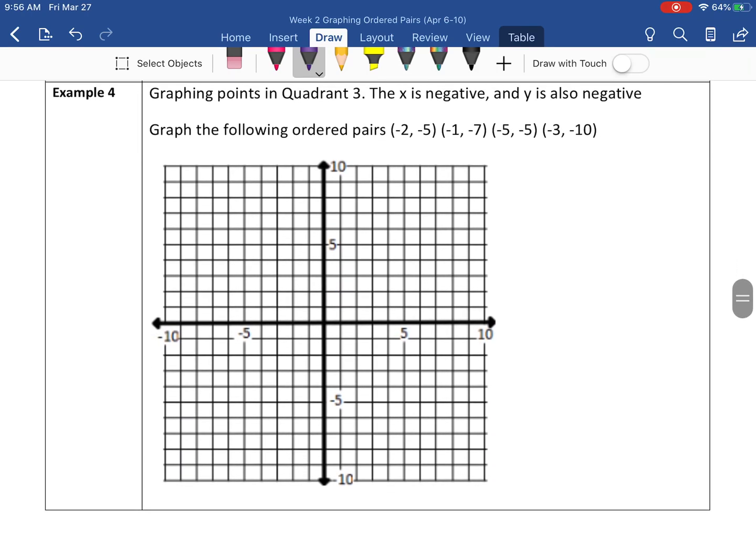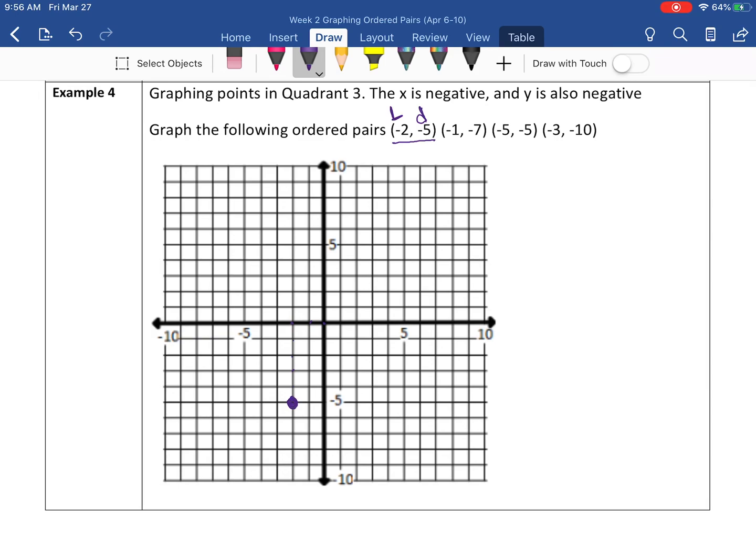Now we're going to graph in quadrant 3 where y and x are negative. So since they're both negative, we're still going to go to the left for x, but we're also going to go down for y. So the negative tells you the difference between negative and positive. It tells you if you're going to go right or left, and it tells you if you're going to go up or down. So we're going to start from the origin, and we're going to find the point (negative 2, negative 5). So to the left, negative 1, negative 2, and then down, negative 1, negative 2, negative 3,